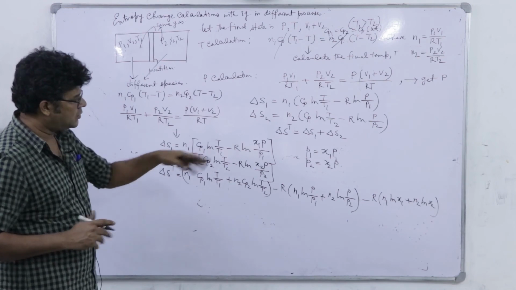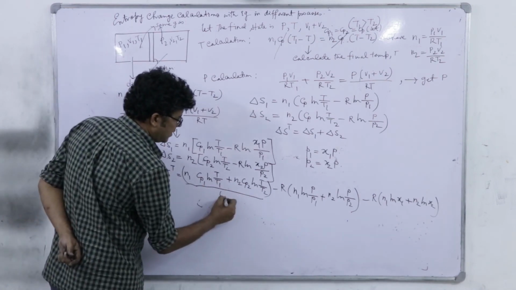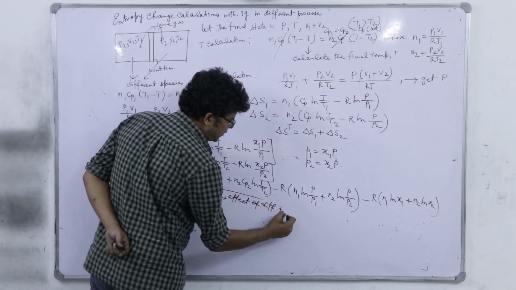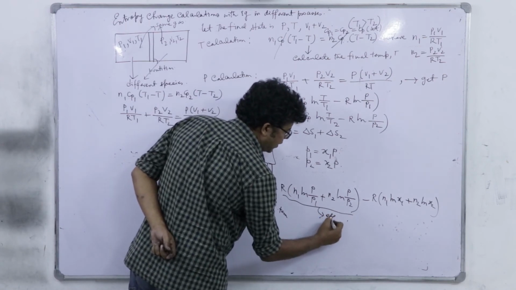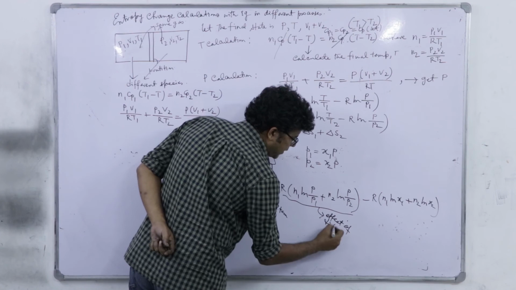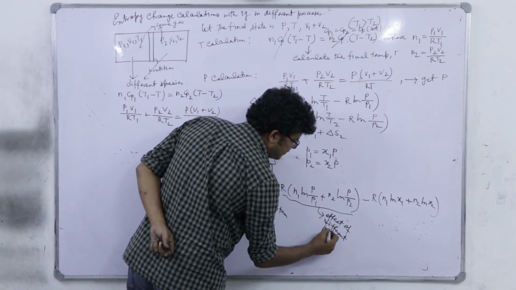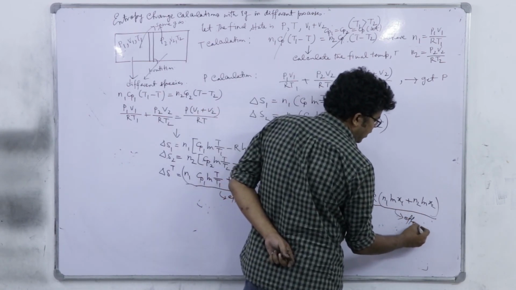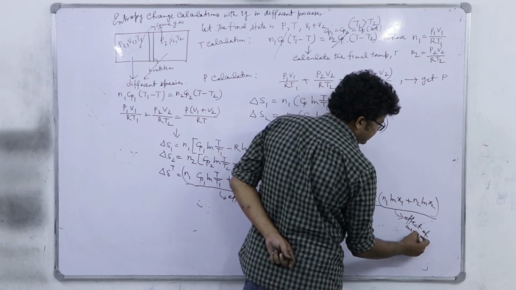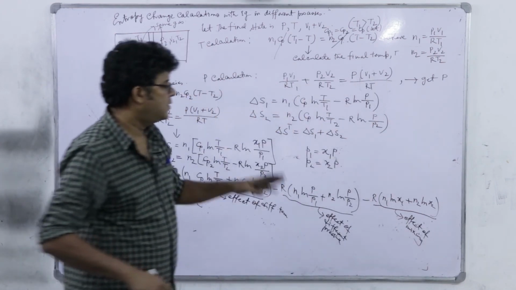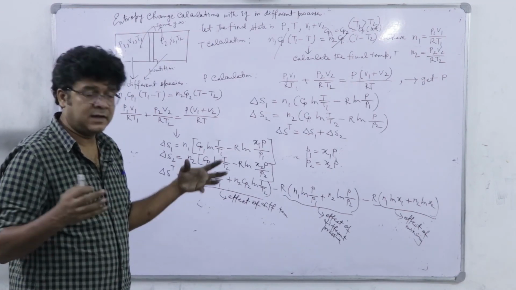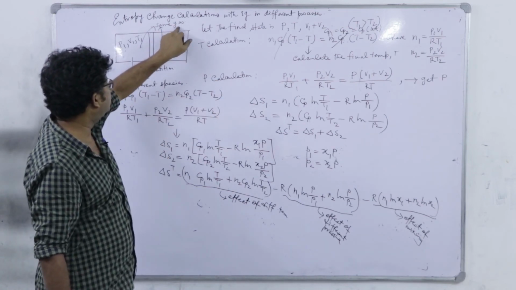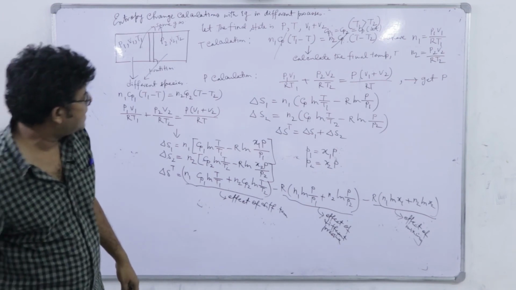Now, see here in the total entropy change, the effect of different temperature, the effect of different pressure, and next you see what is that? This is the effect of mixing, right, because when the two species are interacting, there is additionally a mixing, in contrary to the previous case where the species were the same, right.